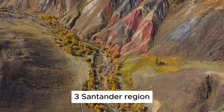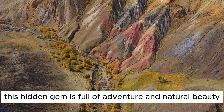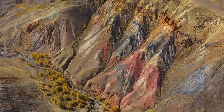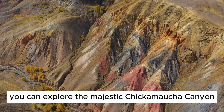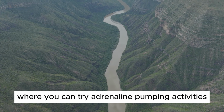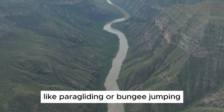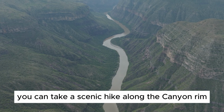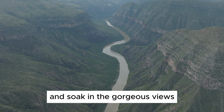3. Santander Region. This hidden gem is full of adventure and natural beauty waiting to be discovered. You can explore the majestic Chicamocha Canyon, one of the largest in the world, where you can try adrenaline-pumping activities like paragliding or bungee jumping. If you want something more relaxed, you can take a scenic hike along the canyon rim and soak in the